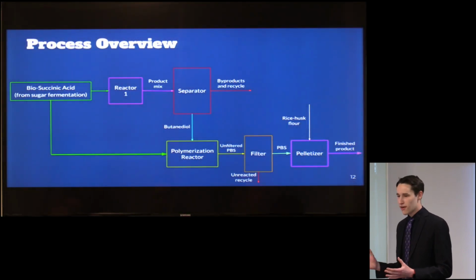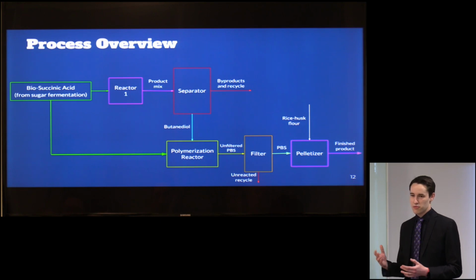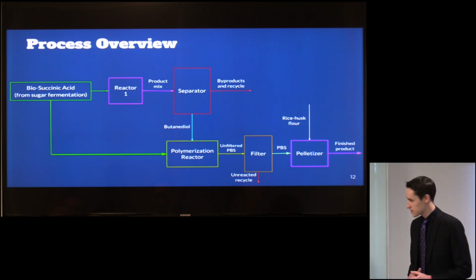So for our plant overview, we would be starting with biosuccinic acid, which we obtain from a company that creates that product via fermentation of sugarcane. That would be fed into a hydrogenation reactor, where we would be able to generate our butanediol product, which we can separate out through distillation. And then we would combine that butanediol with some of the initial biosuccinic acid within our polymerization unit to create our PBS product,